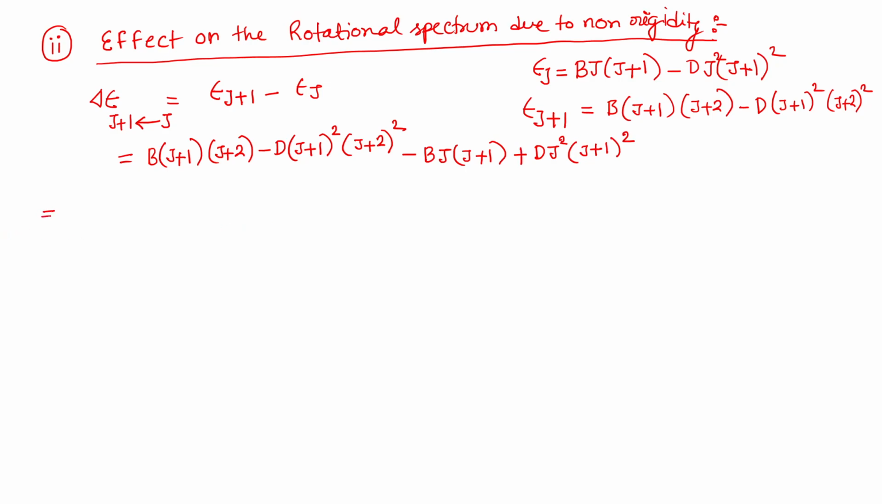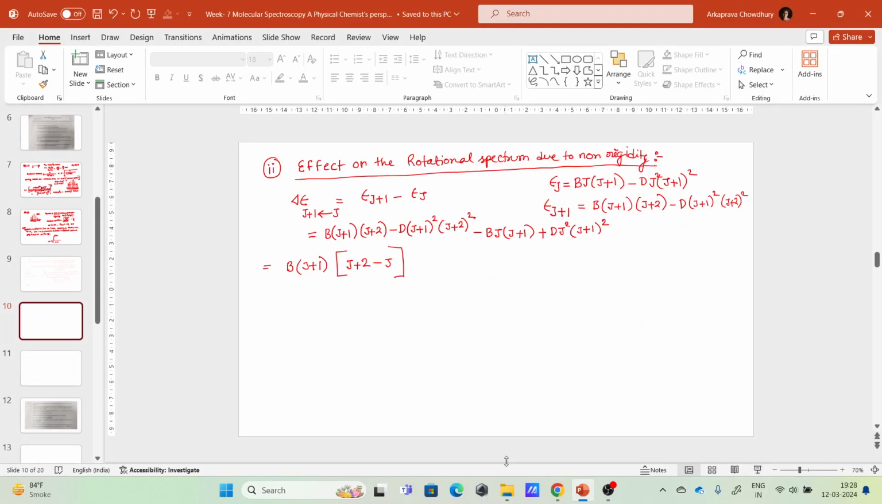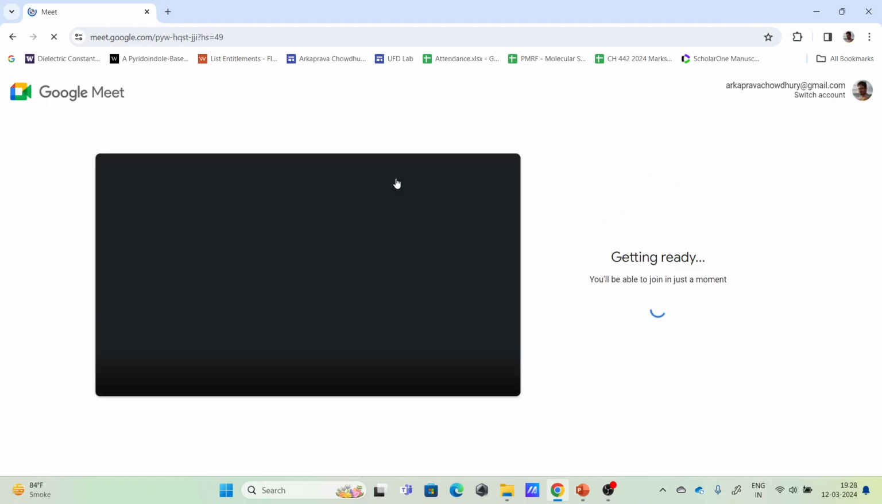Now I'm going to take some commons, that I'm going to take B into J plus 1 term common from the first, so I'll get J plus 2, and from here I'm going to get only J. Okay, what about the square terms? From there also I can